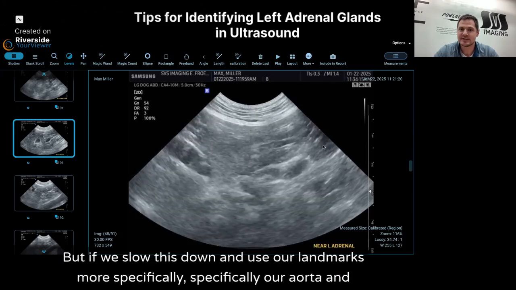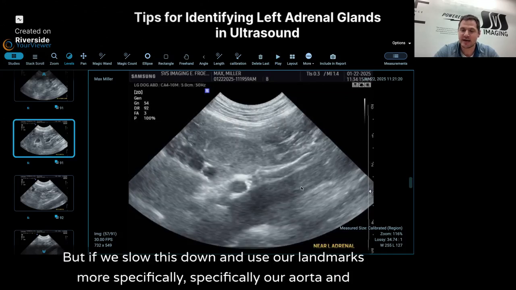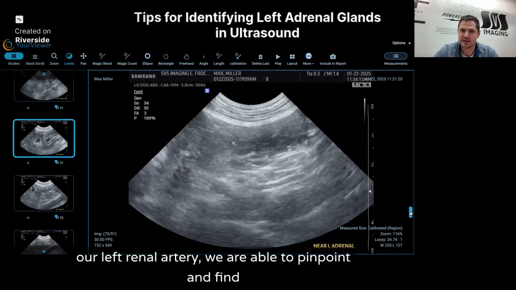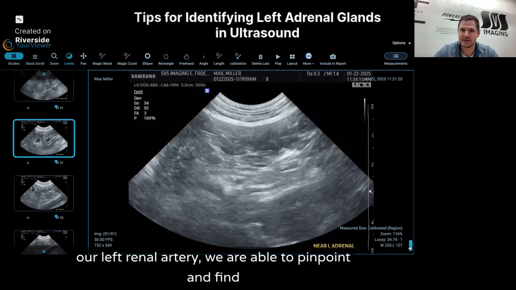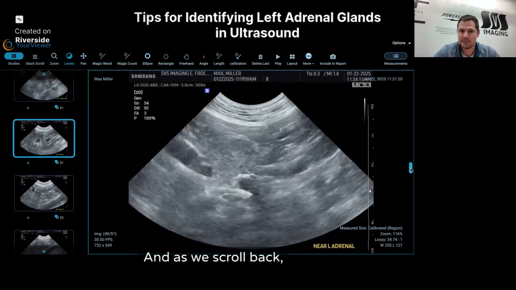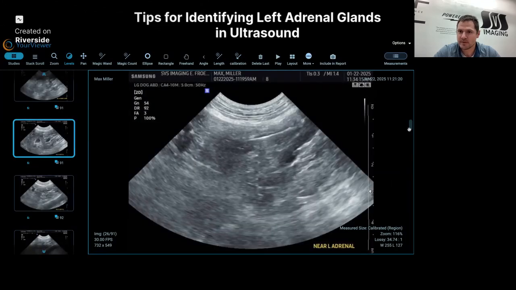But if we slow this down and use our landmarks more specifically, our aorta and our left renal artery, we are able to pinpoint and find our left adrenal gland more readily. So we have our aorta here. What I'm suggesting is the lymph node, and as we scroll back through,